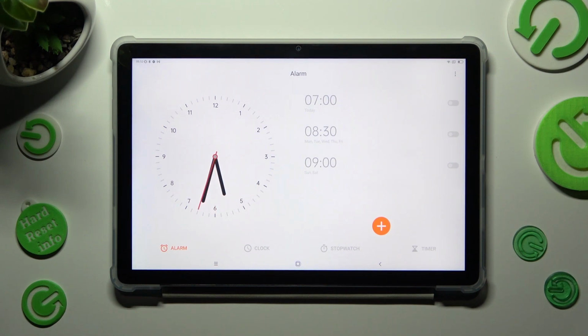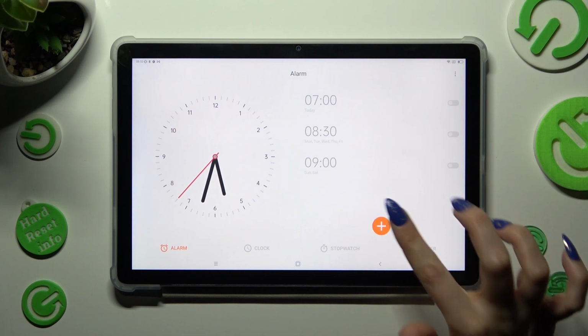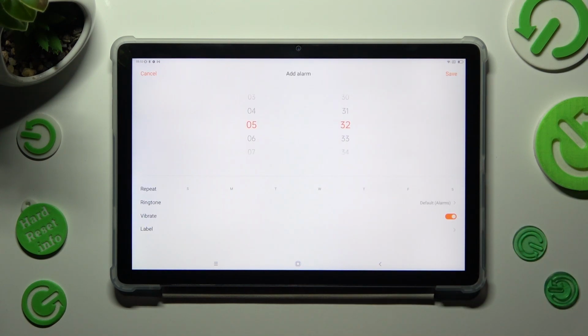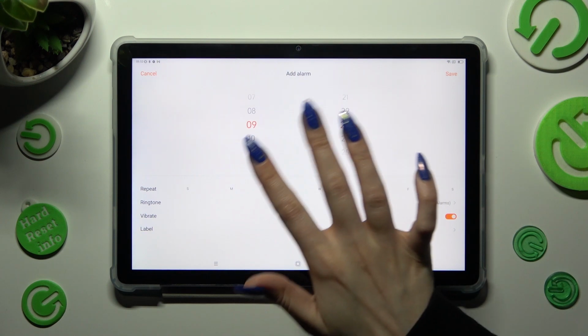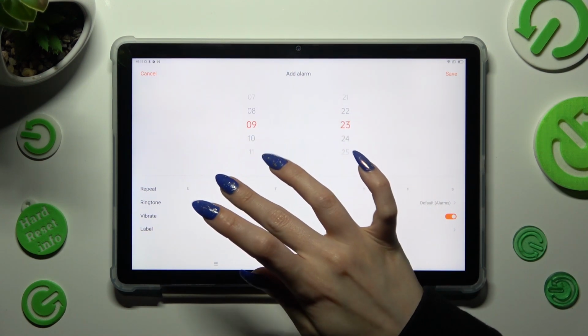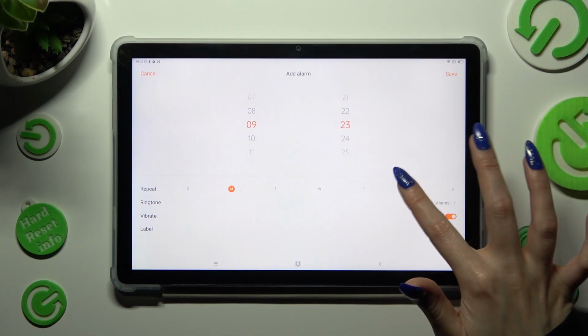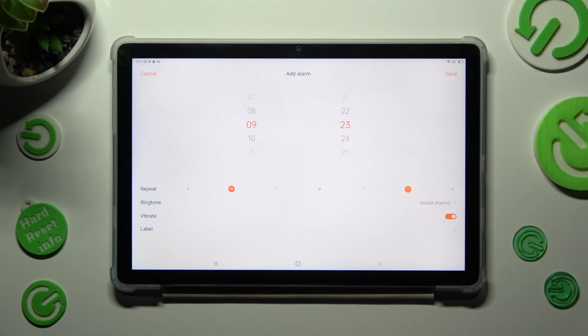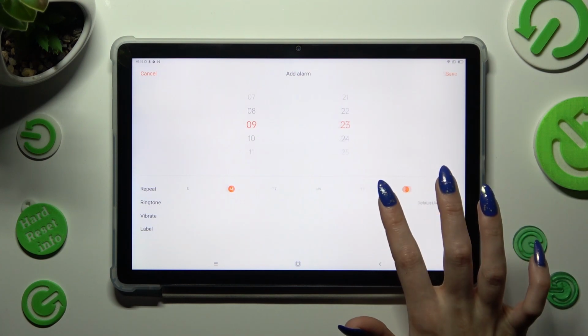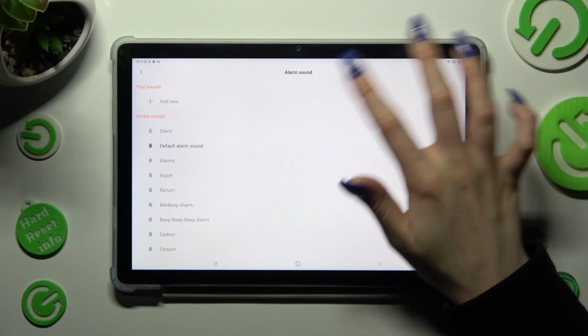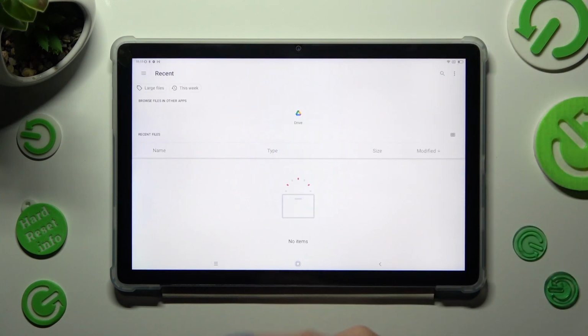Now to create your alarm, select this orange plus icon. Firstly, set up an hour. Then click on Days of the Week to set them up. In my case, Mondays. And maybe Fridays. Now you can tap on the Ringtone section, choose Add New at the top and pick music